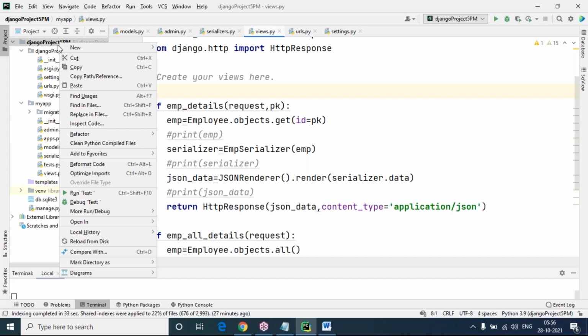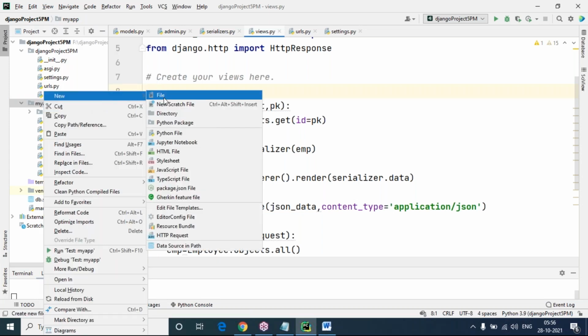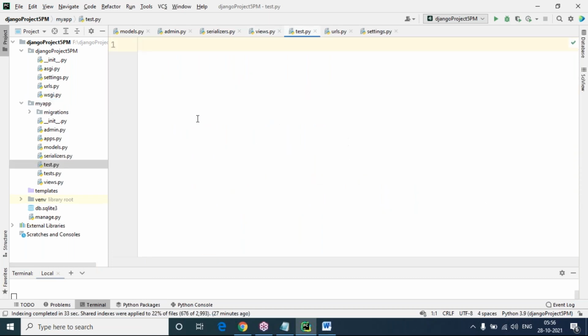What file is required to create? Where we have to create? Under the application, my app, I'm creating a Python file. What file? Test.py. I'm creating test.py. In this test.py file, what I'm writing here: import